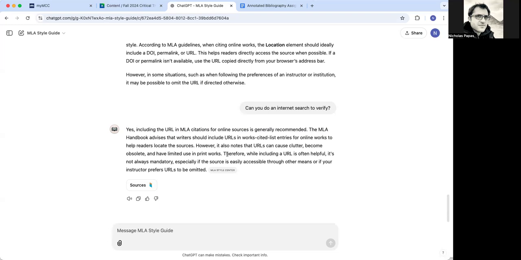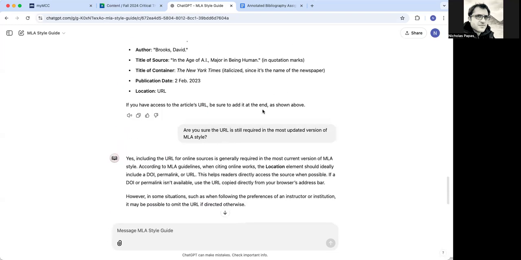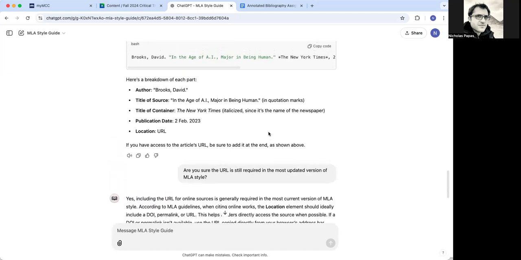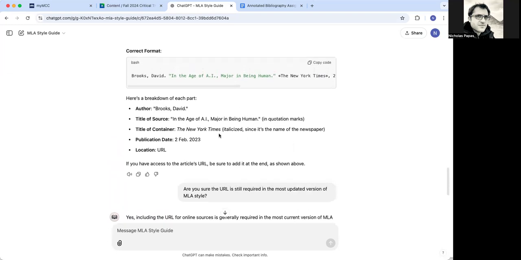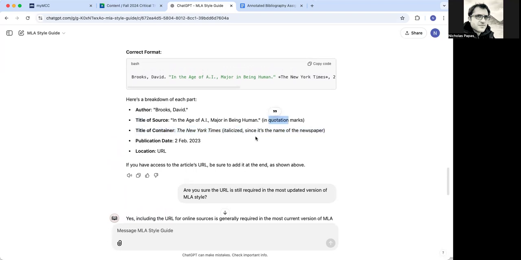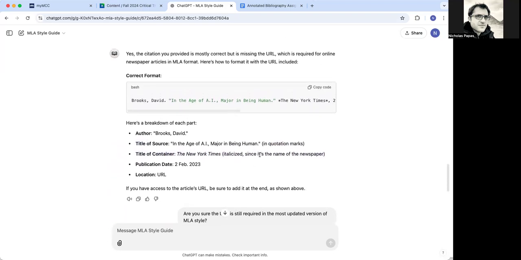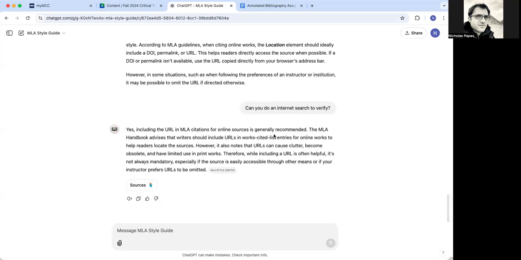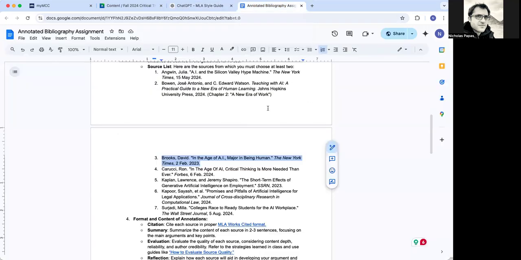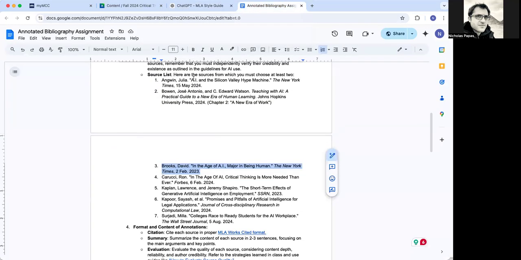Good. So that gives us, it recognized that this source was done correctly. It tells us the information, reminds us to use italics and quotation marks for particular things. This can be helpful to you. And so you could also check your citations with this. Again, you would need to double check it, but it'll be able to kind of explain how things work, and it's pretty good. I'm going to try now this one